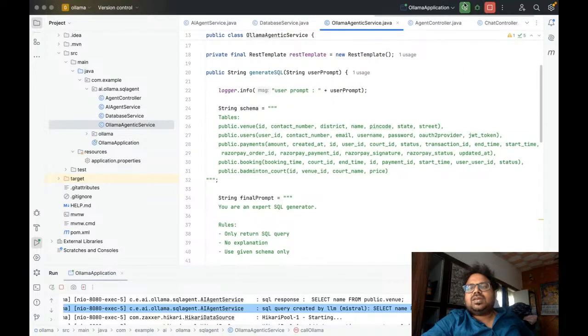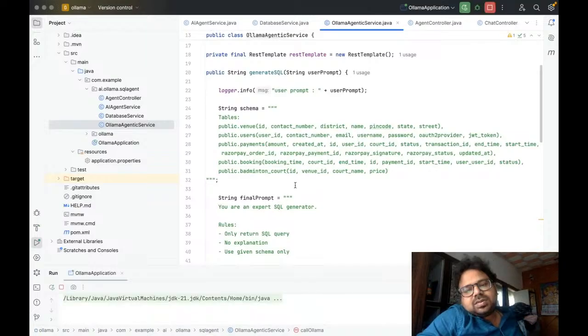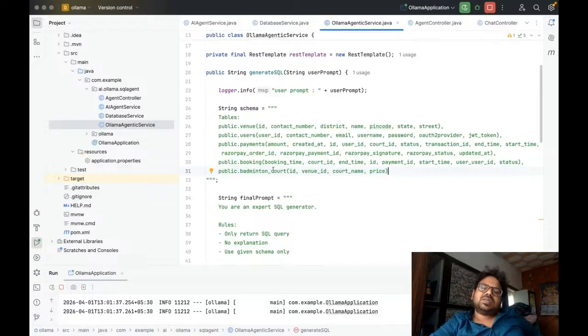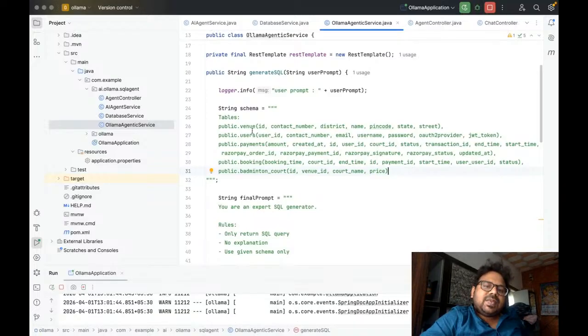Look cool. This time what I want, the ticket. What I want: badminton court, venue ID, court name, price. This time I want users who had booked